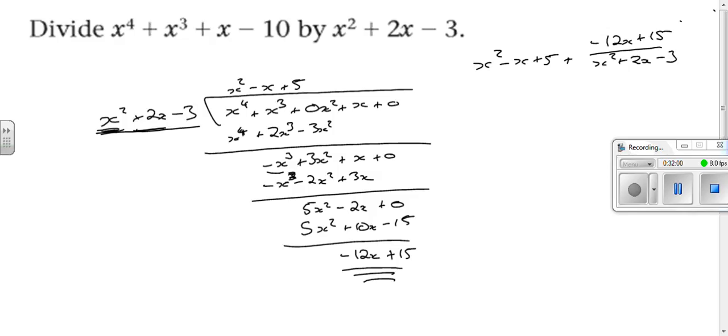And again, what we could probably do is factorize our remainder. If we take out minus 3, we're going to get 4x minus 5 over x plus 3, x minus 1, and that'll be that. Okay, can we do this another way though? The answer is yes,